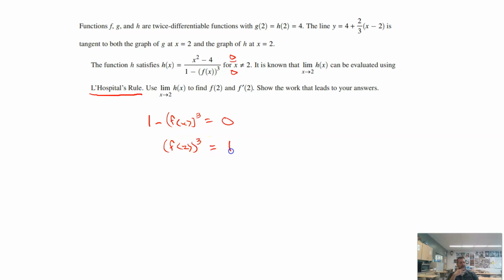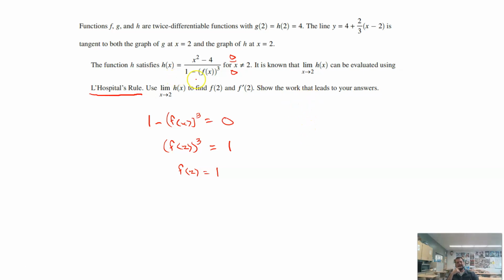That's going to equal 1. So when I think about this, I say, all right, I just added the 1 over. If I cube root both sides, I get that f of 2 is equal to 1. Okay? Now it also says that it can be evaluated using L'Hopital's rule, which means if I take the derivative,